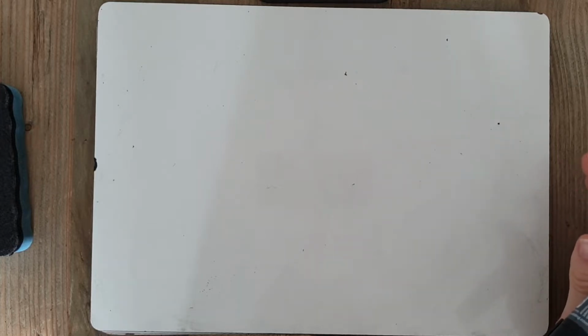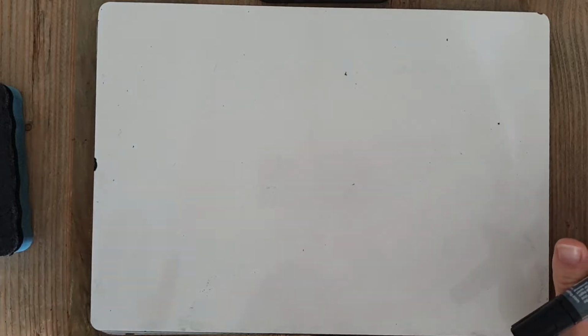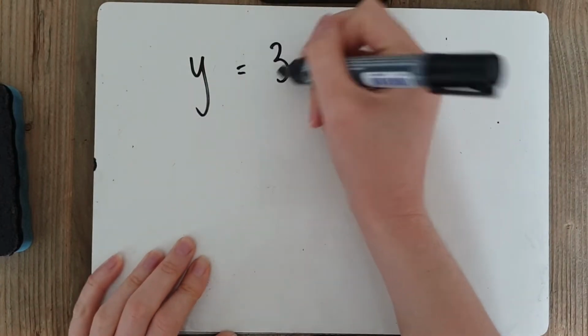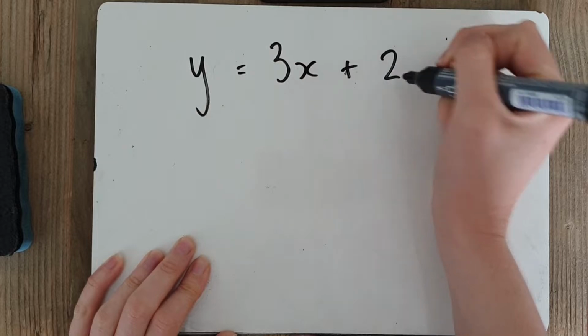Today's lesson is on functions, so we're going to be doing function notation and substituting into functions today. Tomorrow we will be doing composite functions, Thursday we'll be doing inverse functions, but today we are just going to look at function notation. You've seen lots of functions before, so if we have y equals 3x plus 2, for